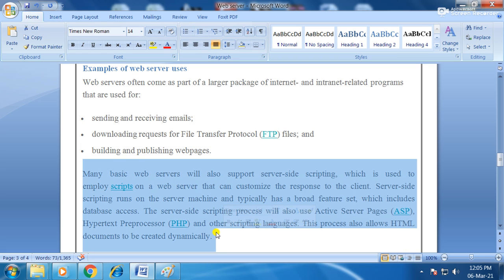Server-side scripting runs on several machines and typically has a broad feature set, which includes database access. The server-side scripting process will also use Active Server Pages, Hypertext Preprocessor, and other scripting languages. This process allows HTML documents to be created dynamically.